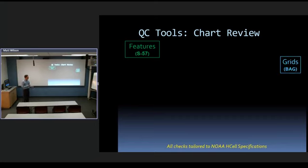And so in our HCell specifications, there's requirements for units and precision. All Z values, any kind of depth, is required to be truncated to the decimetric level. Okay, so we had a lot of these issues with this rounding, maintaining this